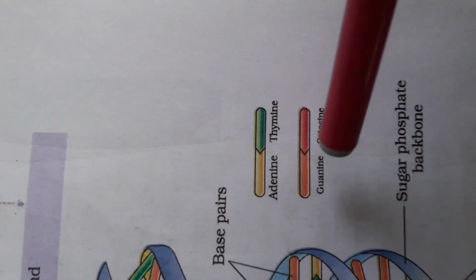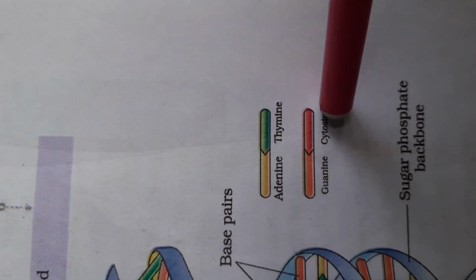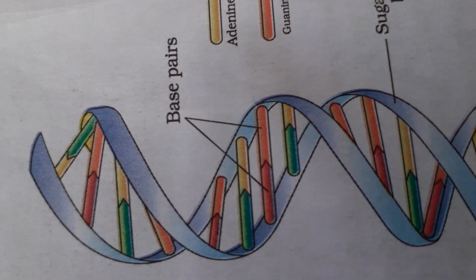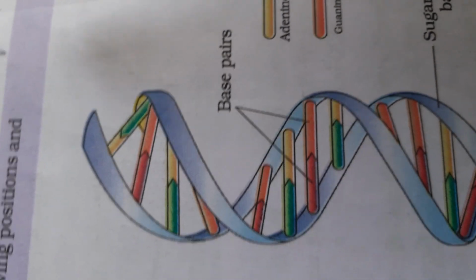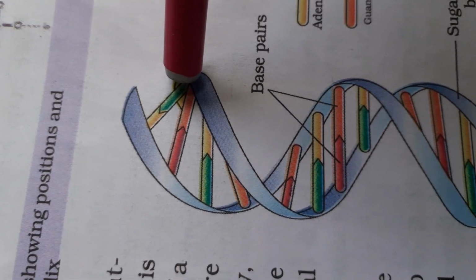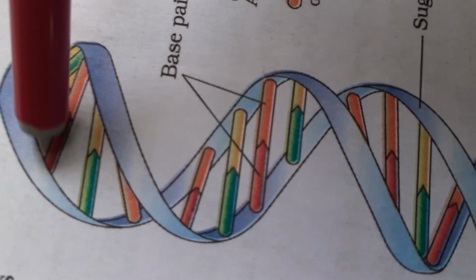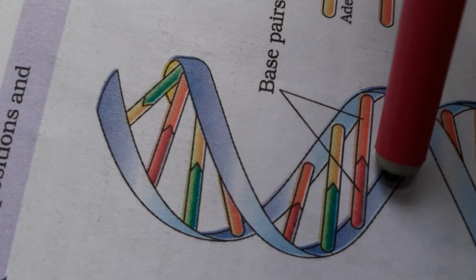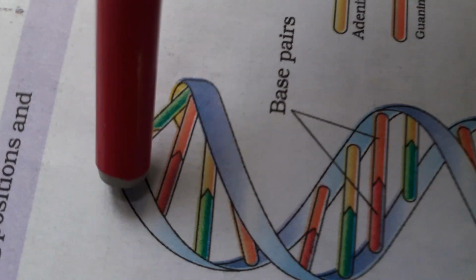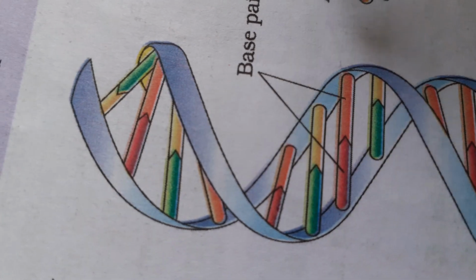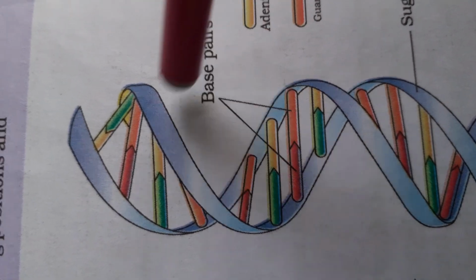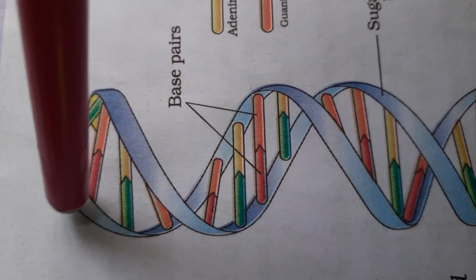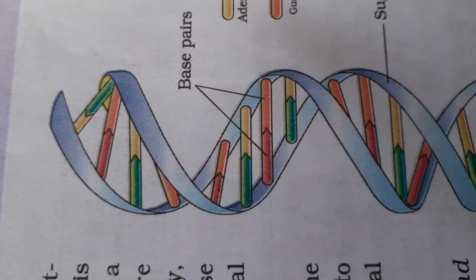This is because of the structure of the nitrogen bases. If you remember, in the previous class we have seen the structure, and because of this structure adenine always pairs with the thymine and guanine pairs with the cytosine. If you know one strand, adenine, thymine, guanine, cytosine like this, you can predict what bases will be there in the other strand, because A pairs with T, G pairs with C. This feature of the DNA is called complementarity of the DNA. Because of the complementary feature in the DNA, the bases always pair in this manner, adenine pairing with thymine, guanine pairing with the cytosine.